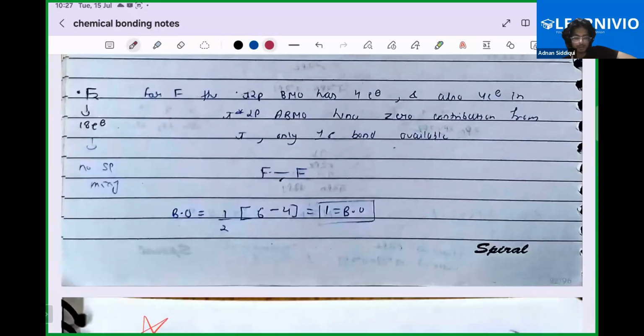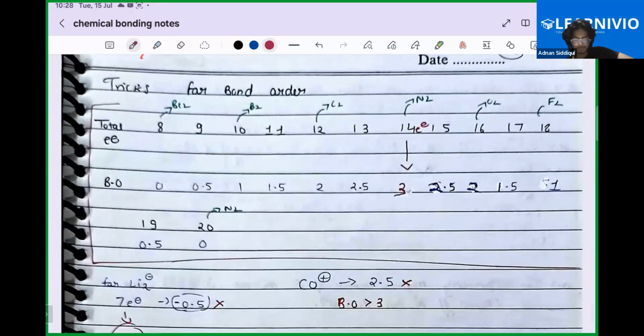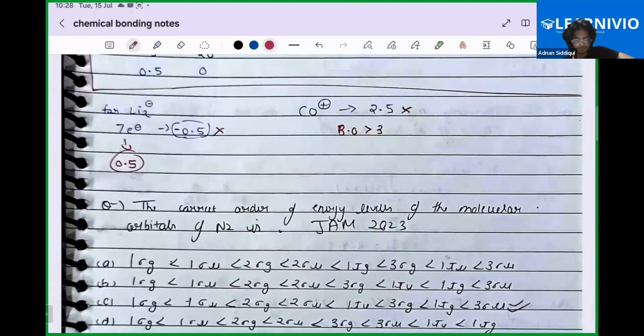F2, I think it is very unstable, so the answer is no way. For this we have to draw the complete molecular orbital diagram. It is highly unstable. It exists, but not for that much of a time period. The half-life is very low, right? It exists, but for a very short amount of time. So now,